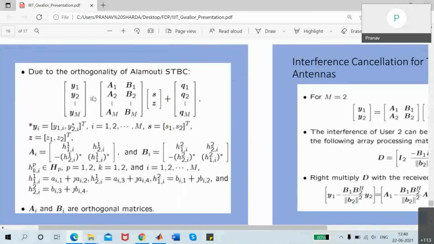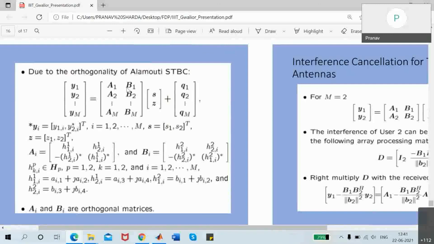You can see that the received data at the receiver side corresponds to M number of receivers. We have two receive antennas, so we have considered M as 2, and we are writing it in this matrix form. The received data has to be written in the form of a column vector, so we are just stacking the received values.